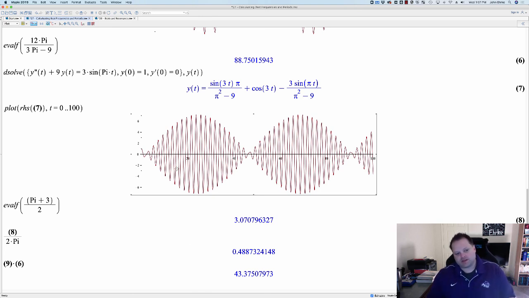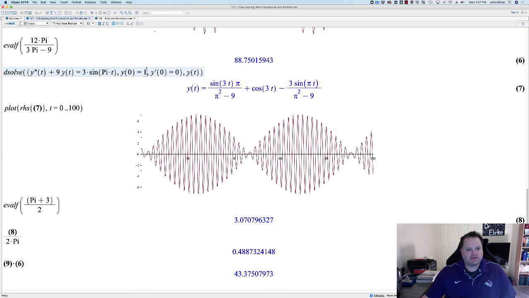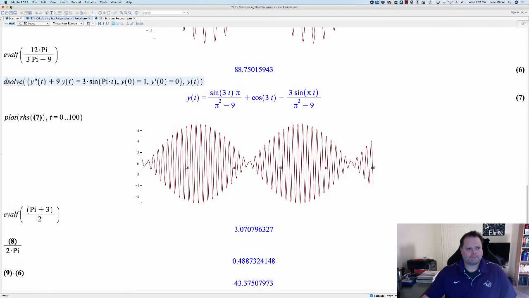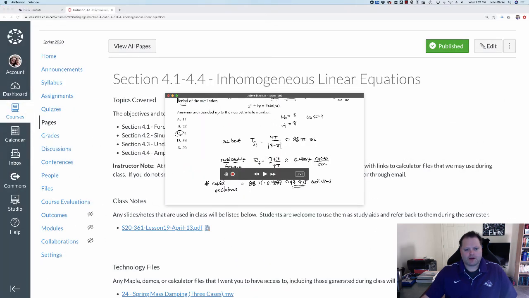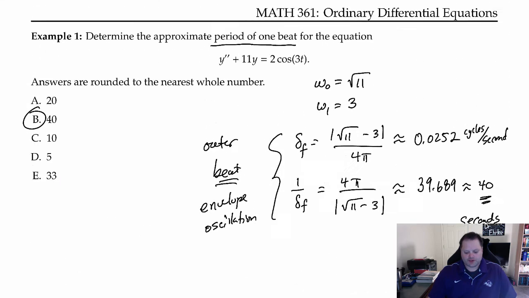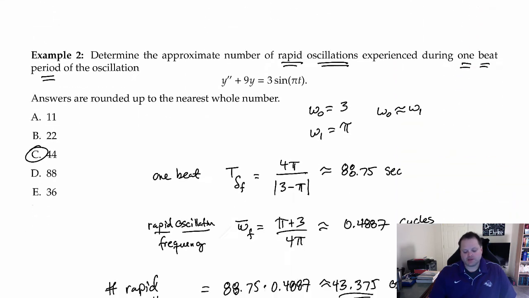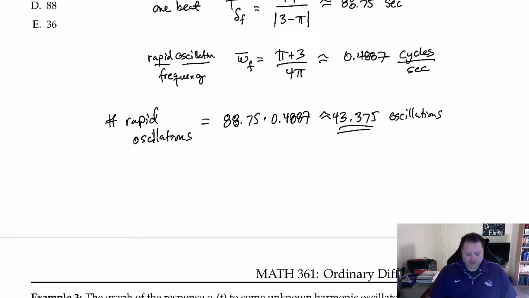So all of this makes sense given the graph that we're looking at here, which is the solution to that differential equation. Now, I didn't do it at an initial condition of 0 here. I did an initial condition of 1, but it doesn't matter what the initial conditions are because that dies off rapidly. But once you're into a beat state, you're going to get this many rapid oscillations per period. All right, so examples like these two that we've just done, where you have to calculate the beat frequency, the beat period, the number of rapid oscillations. These kinds of problems are fair game for the quiz on Friday,